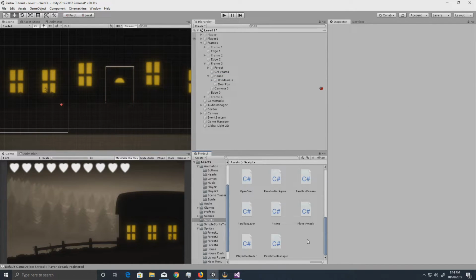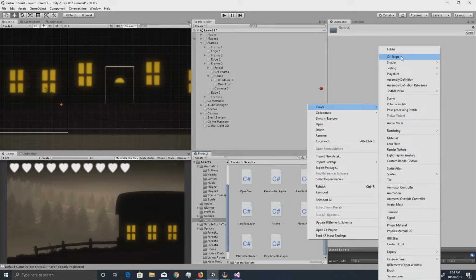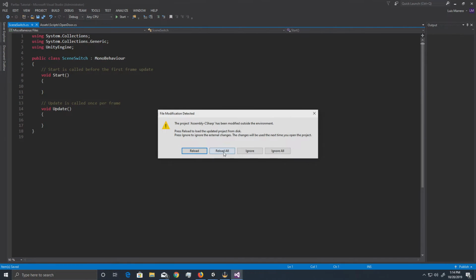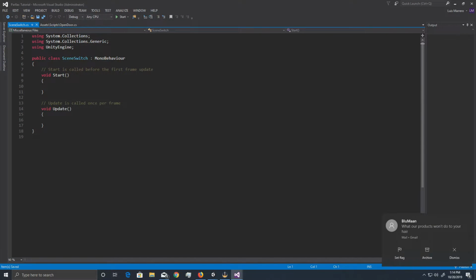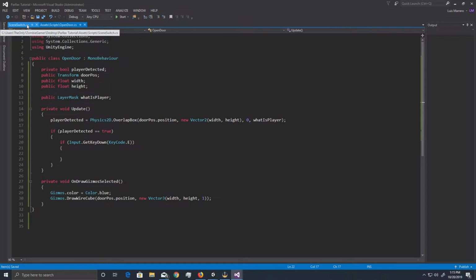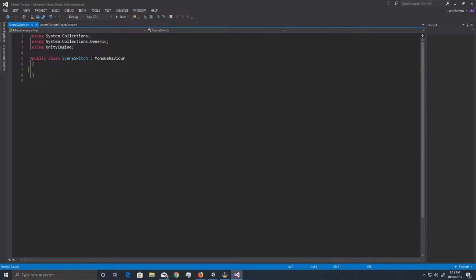Let's go ahead and create another C# script. Create C# script. And then let's just name this scene switch. This will be switching scenes. Let's go ahead and open up that script right here. And then go ahead and delete the start and update methods. Okay. And then within this, basically all you want to do